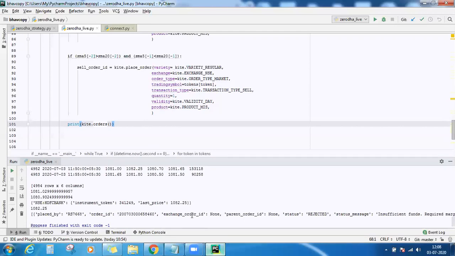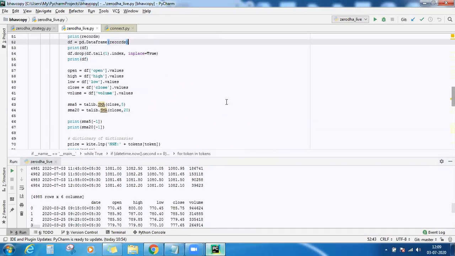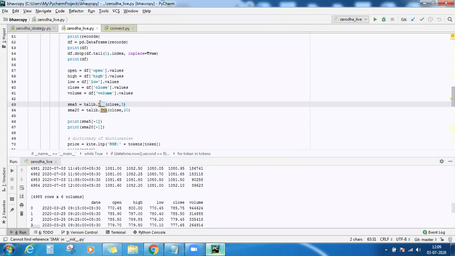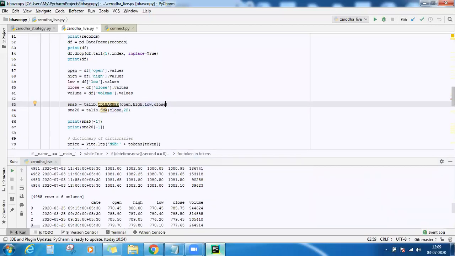So this is how you can scan the stocks for indicator conditions, or if you want to go for the candlestick patterns. Instead of the indicator, you can just request for a candlestick pattern, like let's say CDL hammer. So this accepts OHLC values. So instead of this, we'll just pass open, high, low, and close. So it will return a NumPy array of ones and zeros. If there is a hammer on that particular candle, 1 will be returned, and if there is no hammer, 0 will be returned.